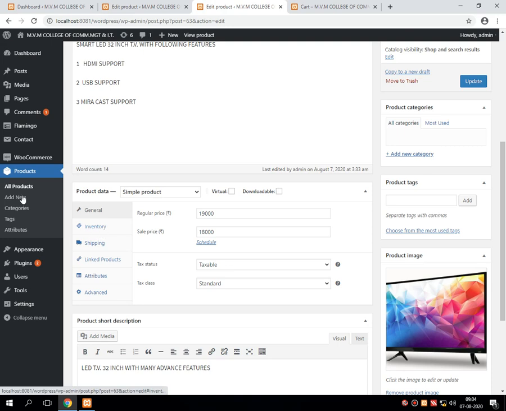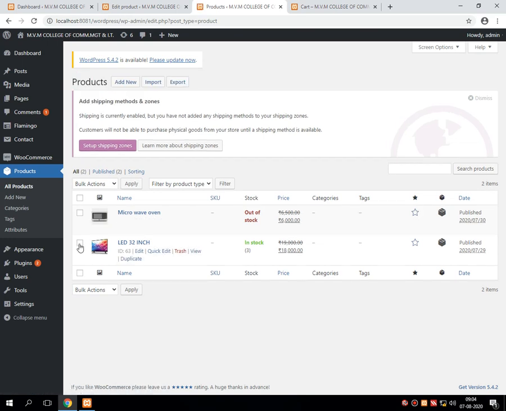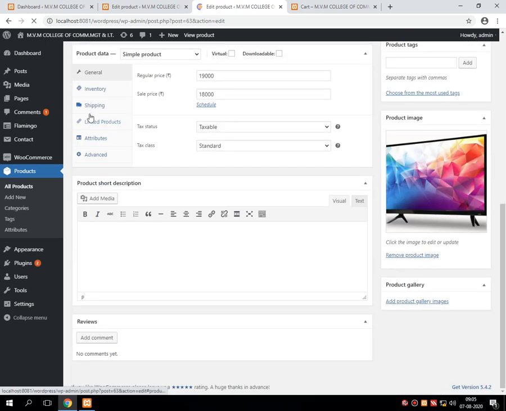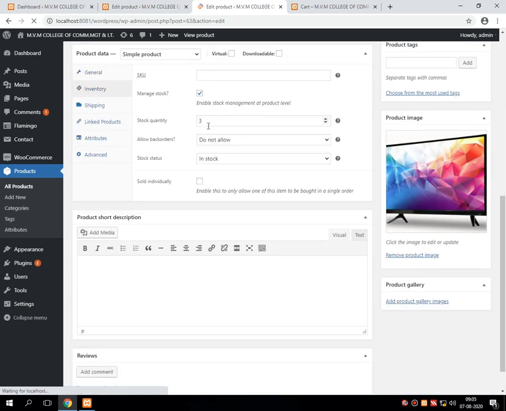That is the purpose of product edit, inventory. It allows only 3 quantity to be purchased here.